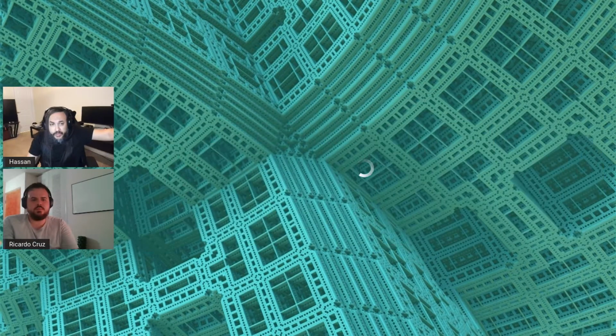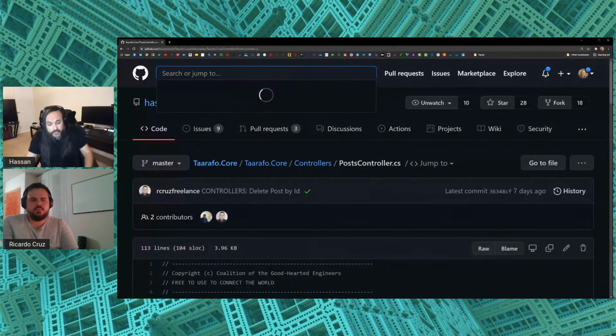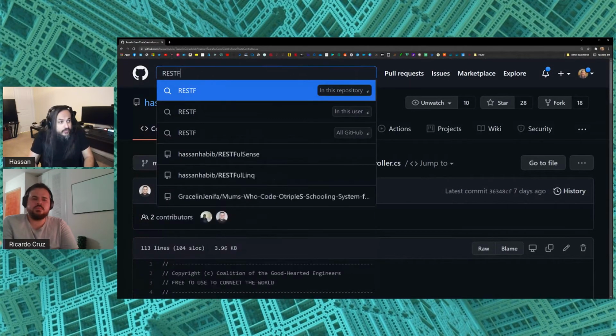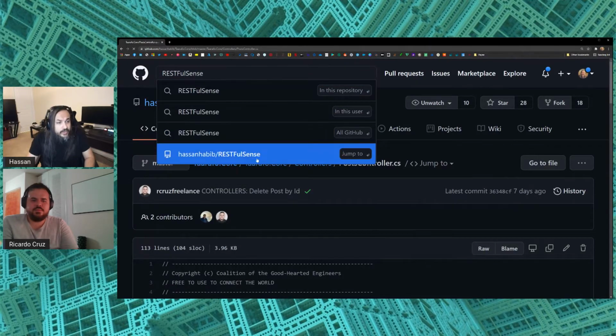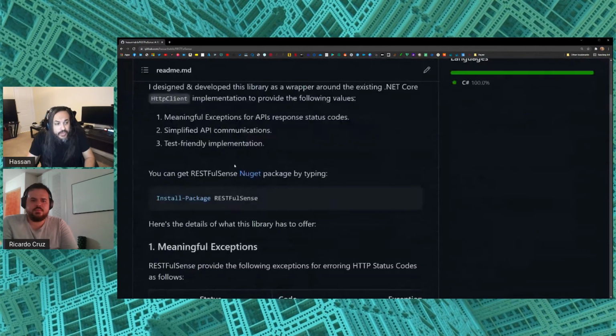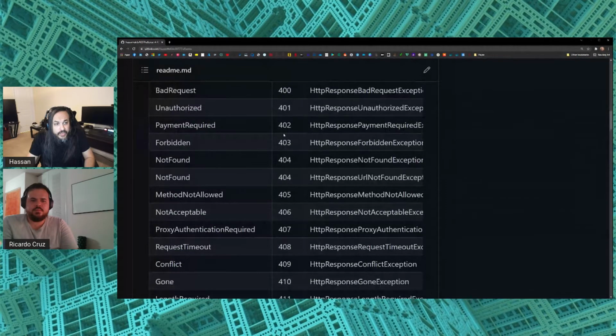that may or may not handle all the exceptions that you may or may not need. Instead, I went out there and built a simple library called RESTful Sense. RESTful Sense is basically a library that will help you map every error code that you may receive into an